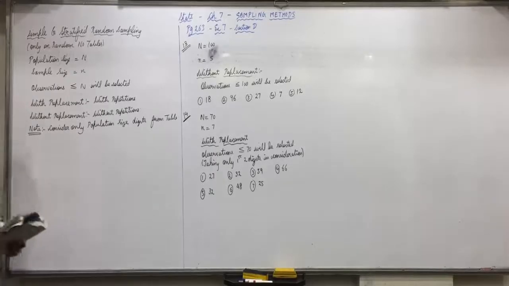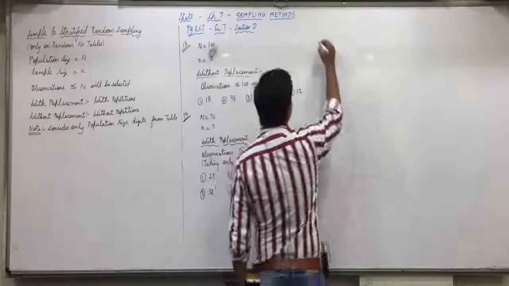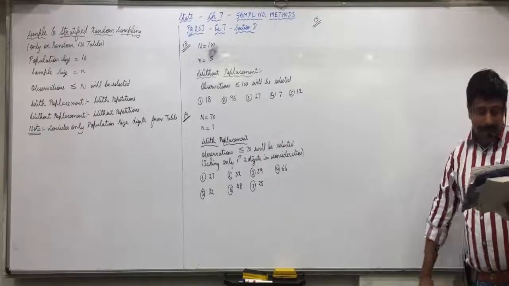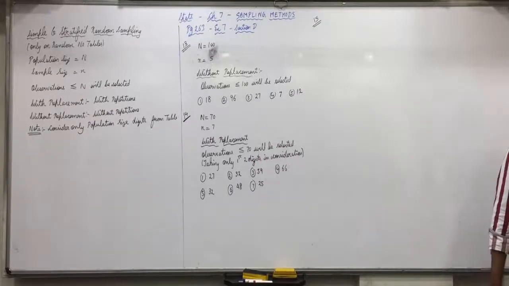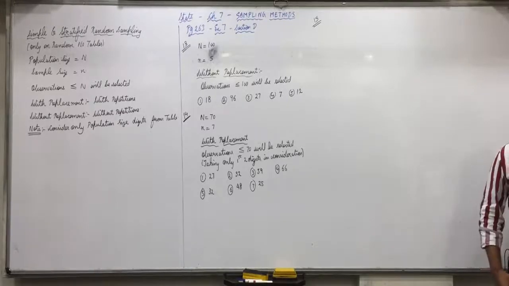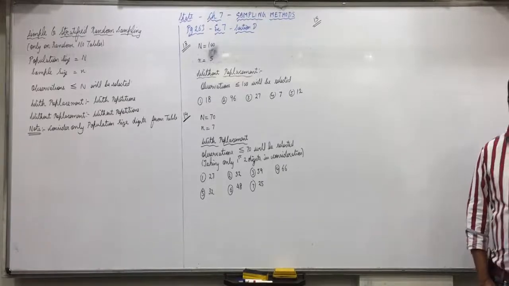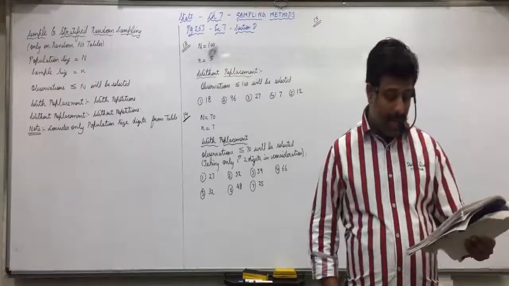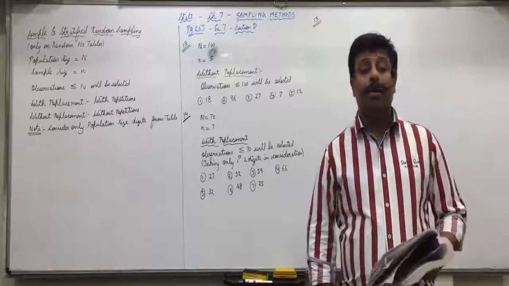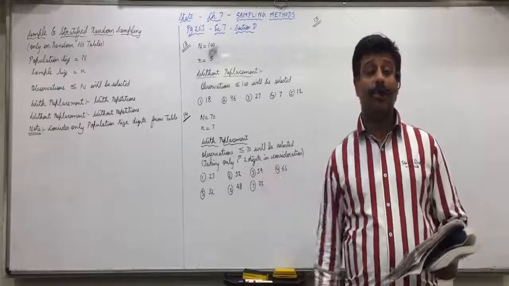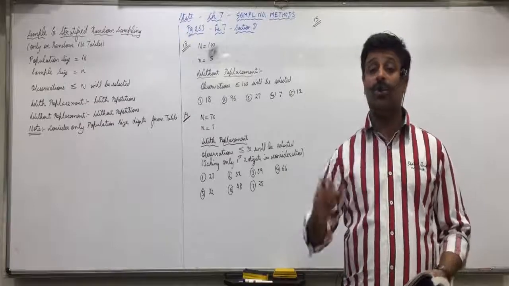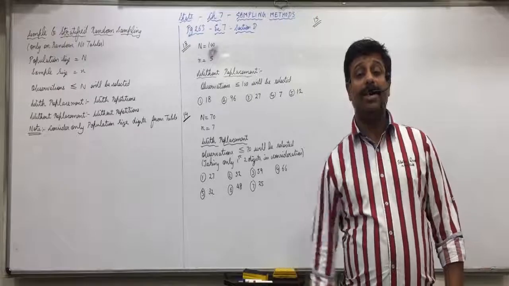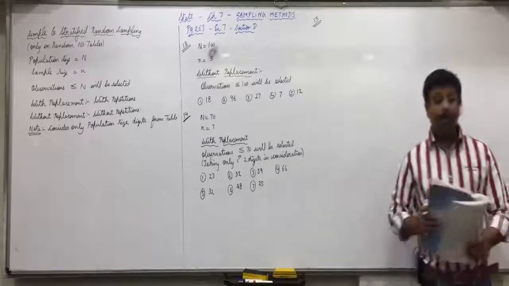Question 15. Three-digit random numbers are given below. Using the random numbers, select a 2% random sample. The target is small n, and then with and without replacement. With repetition we have to do it, without also. Means 2 times we have to solve it. From a population of 350 units, that is capital N, what will be small n?